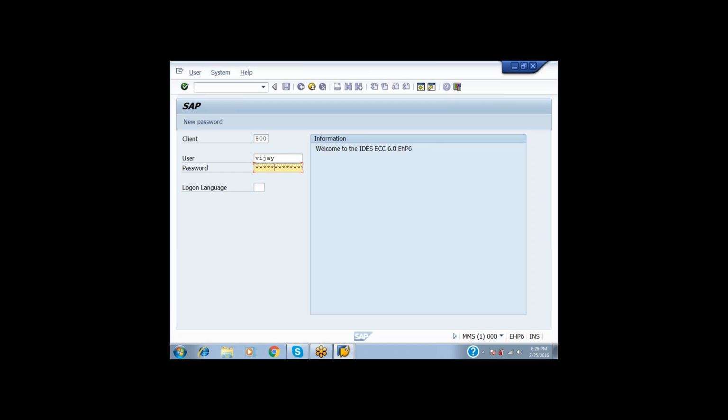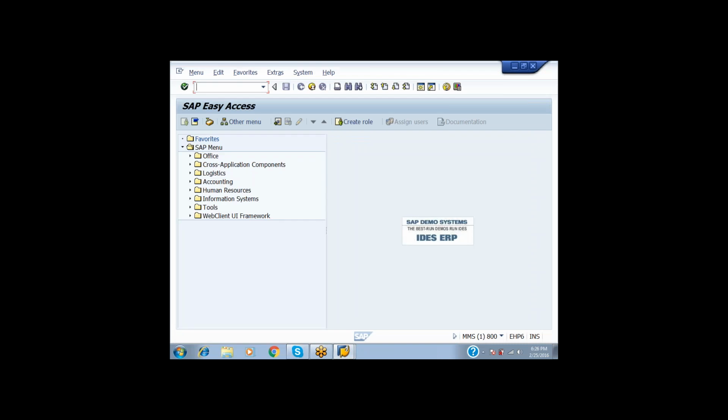Purchasing settings. And then first one, maintain company code for materials management. SPRO, IMG,